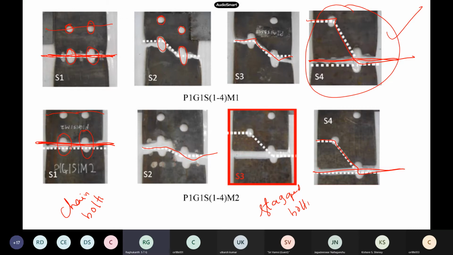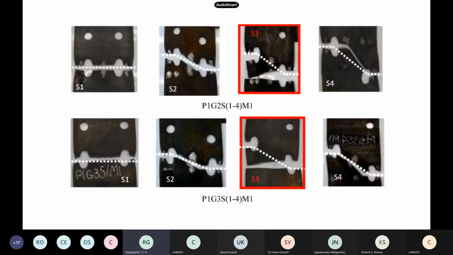You followed. So when there is staggered bolting, say, one bolt here, one bolt here, one bolt here, some places it failed like this. Some places it failed at only one hole, and you can see variety. So here also you can see this type of failure, and here it has failed at one side. Here how has it failed? This specimen, how has it failed, horizontal or inclined? Both the holes, or only one hole?